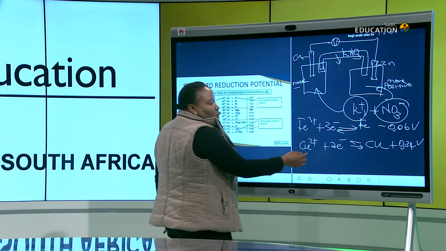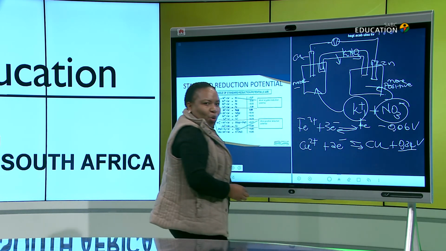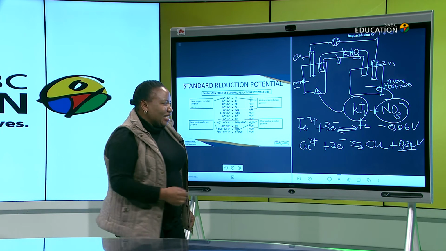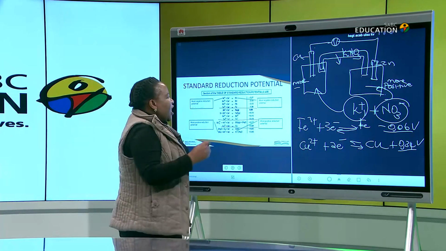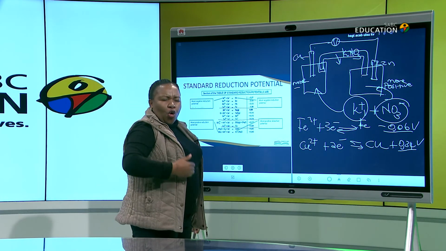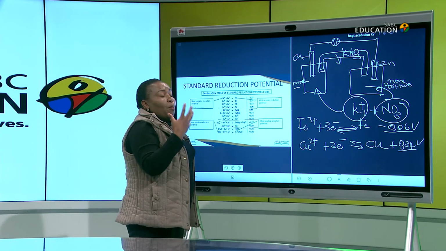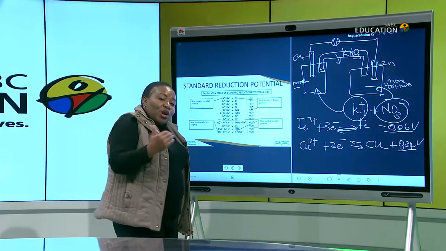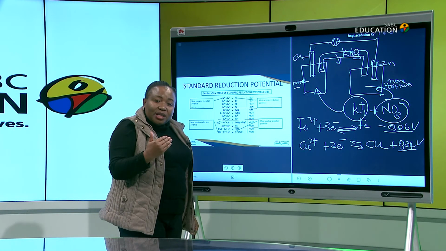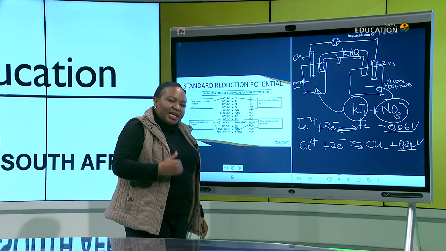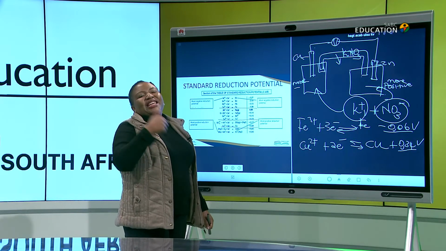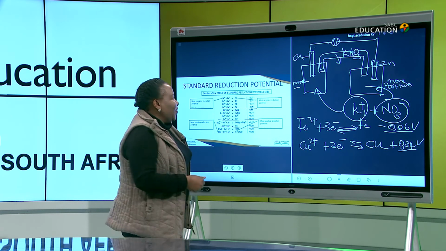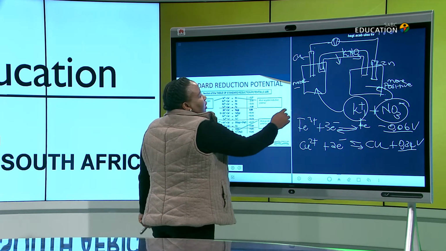From this one, you can see that copper, because of being more positive, will undergo reduction, and iron, because of being more negative, will undergo oxidation. Even if the numbers are all positive or all negative: when they are all positive, the one with the smallest number is the one that will undergo oxidation, and the one with the bigger number will undergo reduction. But when they are both negative, obviously the one with the bigger negative number,